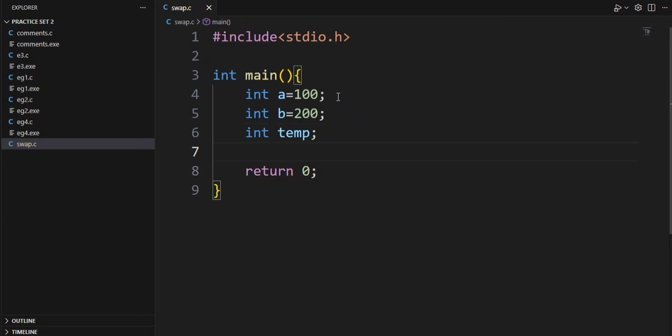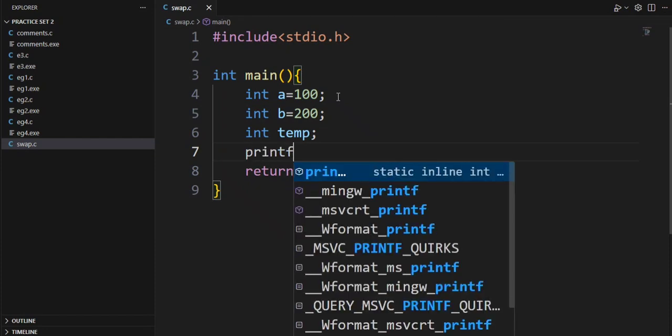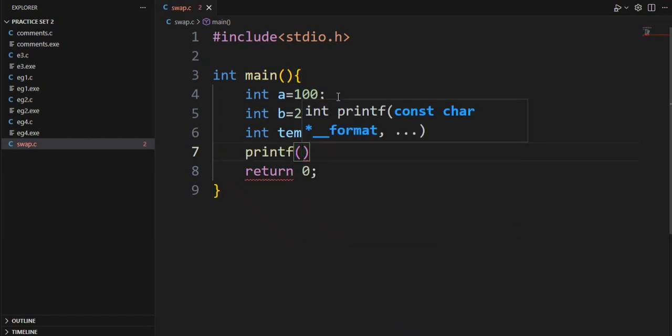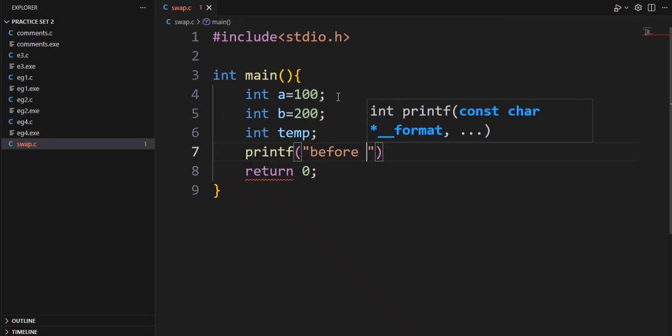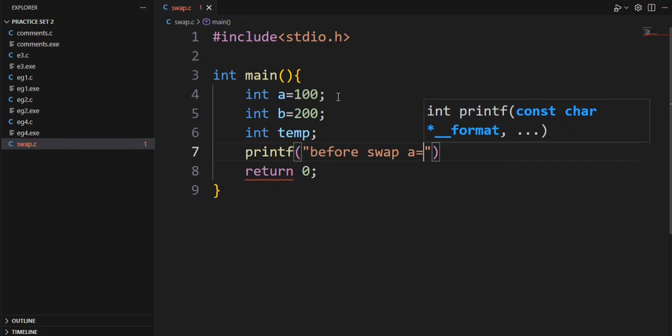So we will print these values before swap actually. For that we will use the printf function. printf, then opening and closing parenthesis, then in double quotes we will write before swap, and a is equal to percentage d. Percentage d is the format specifier for integer, then comma,